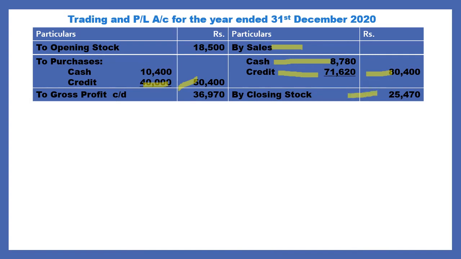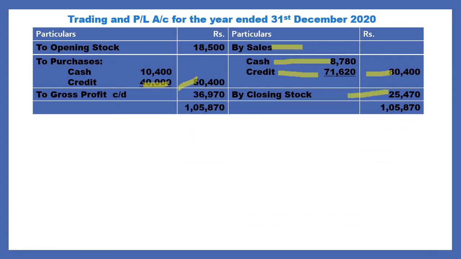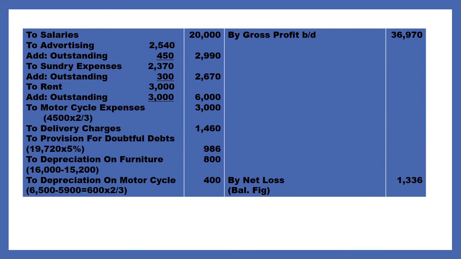So closing stock 25,470, total comes to 1,05,870, and the balancing figure, that is gross profit carried down, 36,970. So next, continuation from the trading account, the profit and loss account. By transferring the gross profit, by gross profit brought down 36,970, and on the debit side, expenses: salaries 20,000, advertising